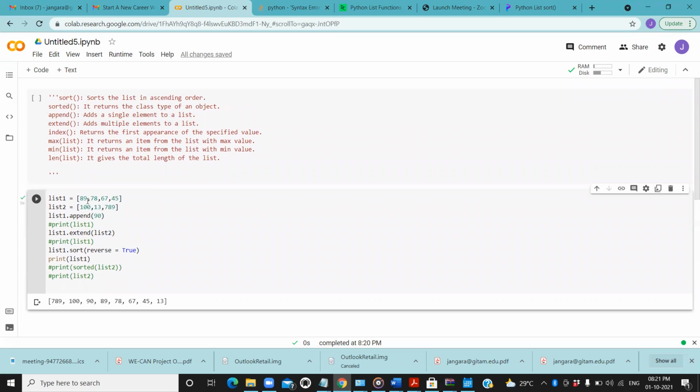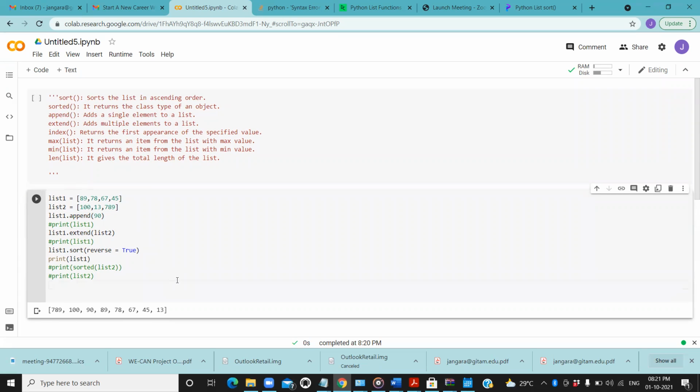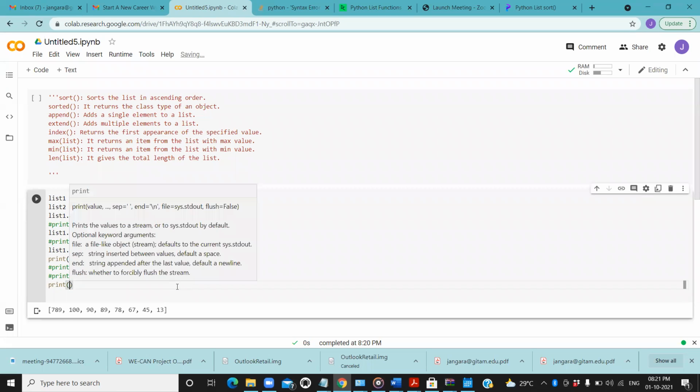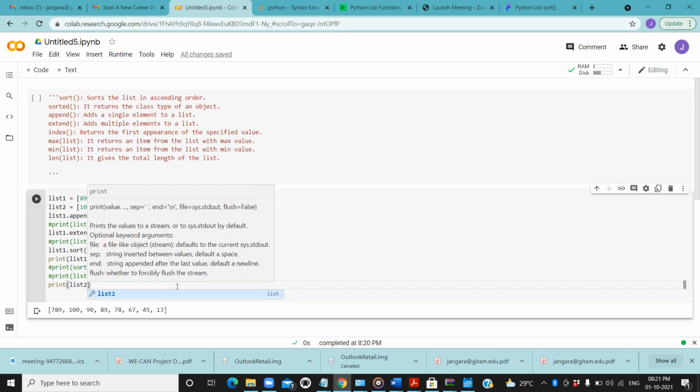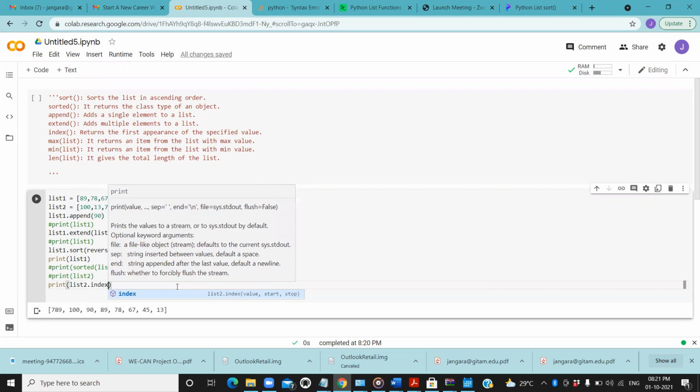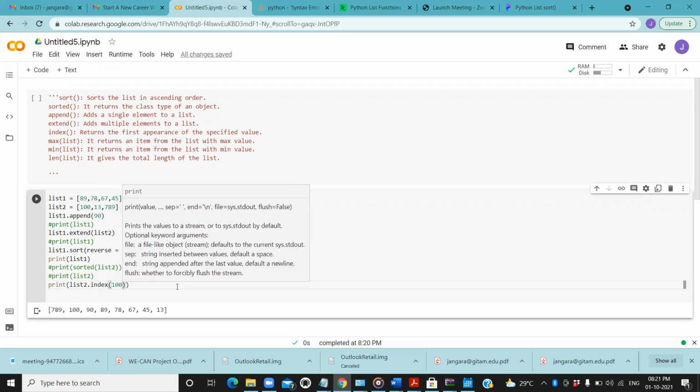Now the last function that remains is index. So how can we find the index of a certain element? Say for example, I want to know what is the index of 100 in list2. If I want to know that, I need to say print list2 dot index within brackets 100.